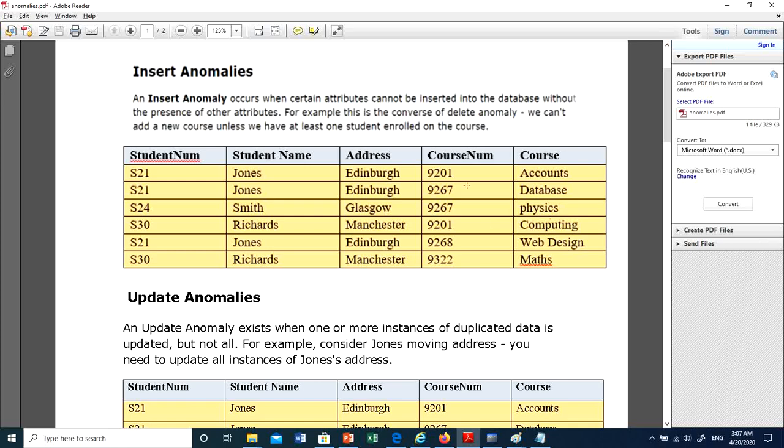I would like to put it here. Can I add a course here without registering a student? I can add a course to this table, of course, practically I can do it,